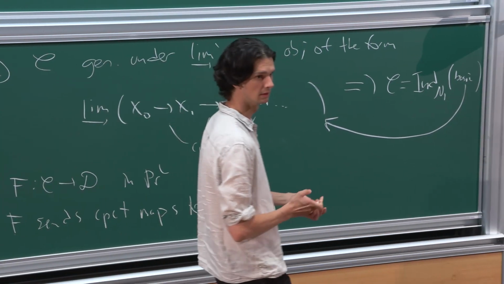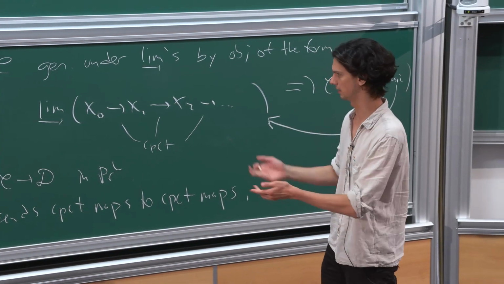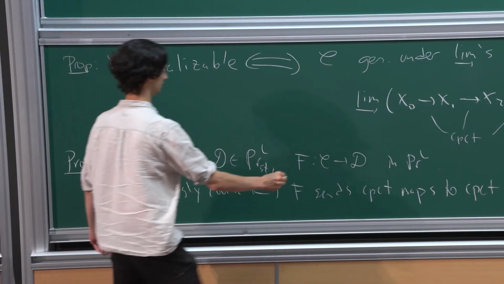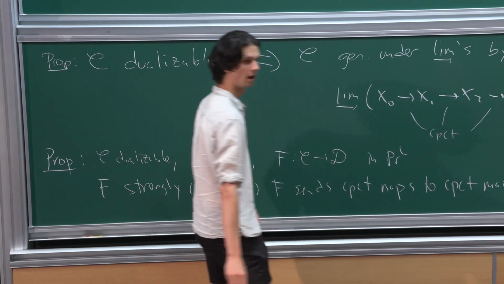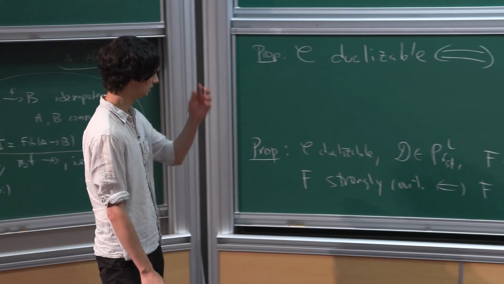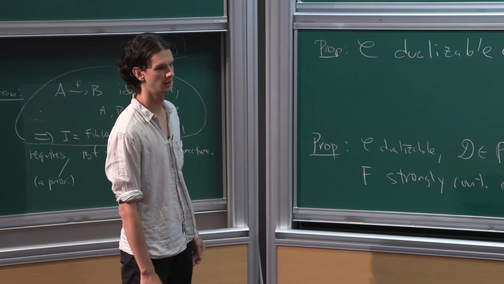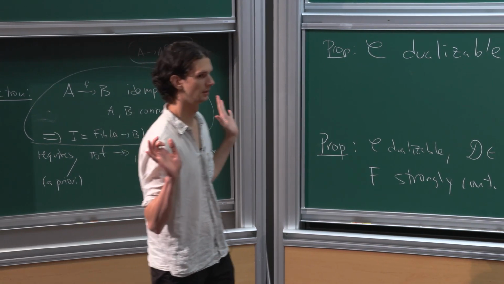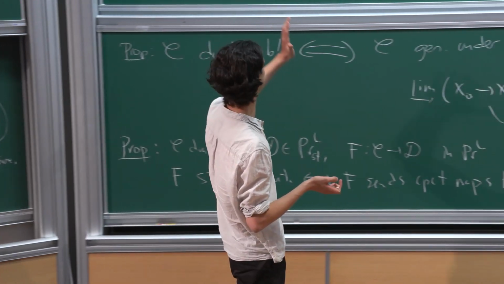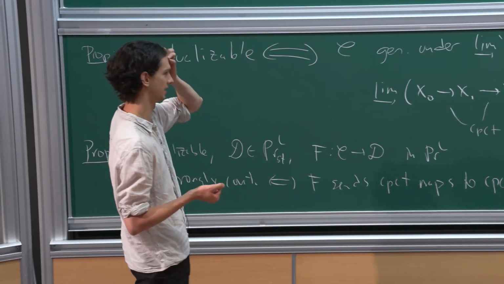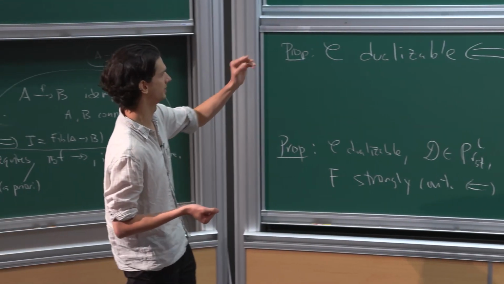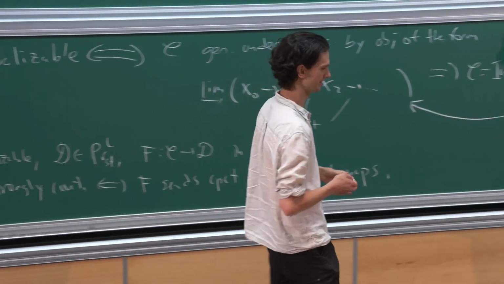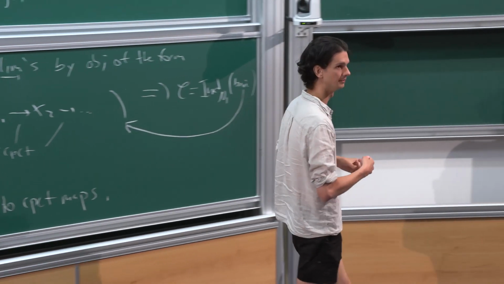So here you need stability, right? Yes. Okay, but if you don't have stability, would most of the statement still be true by a small modification? Yeah, probably there's a way to phrase the definition of compact maps so it makes sense in the non-stable context, but this way of phrasing it definitely is not the right one in the non-stable context. There are different variants of this definition.